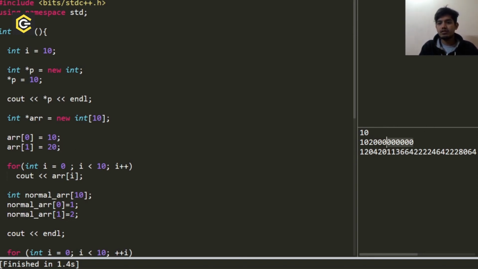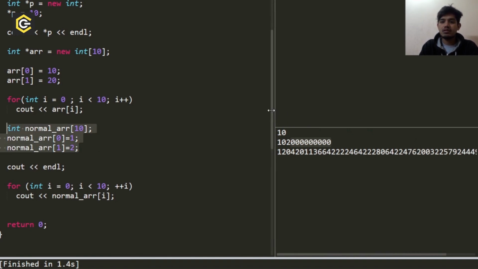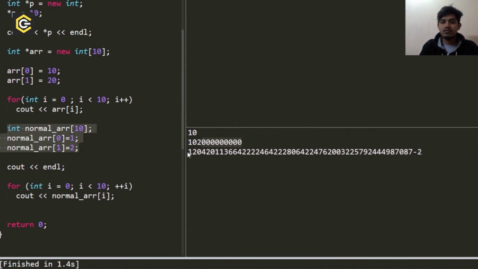So we can easily notice that whenever we make an array in our heap, we'll get unallocated spaces as zeros, and for a normal array which we made here, we'll get garbage values. You can see we are getting garbage values here. The first two values remain whatever we have given, like 1 or 2, and the other values contain garbage values.